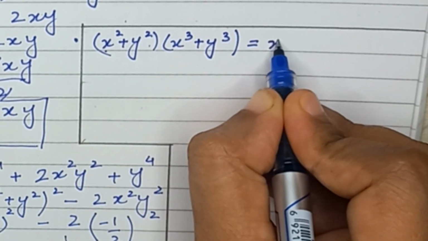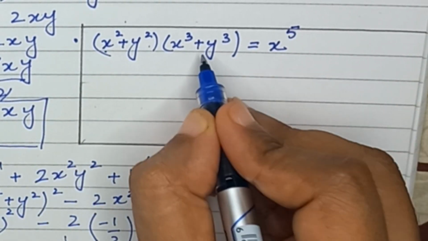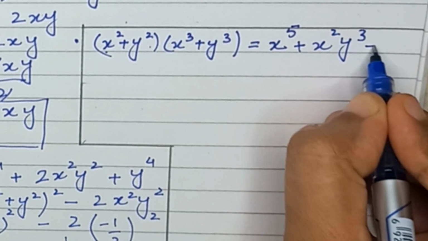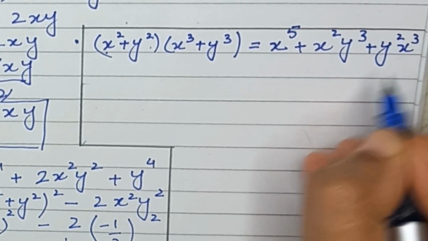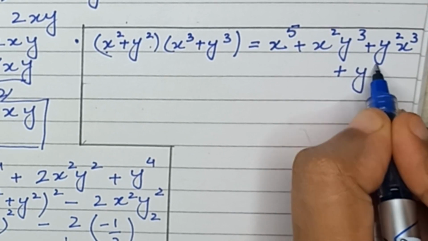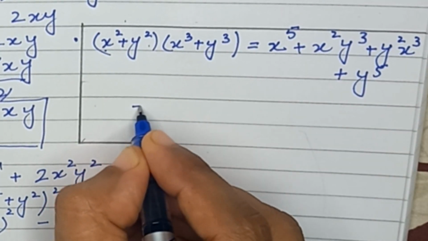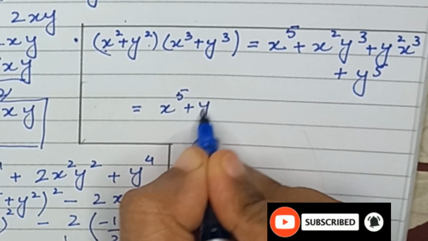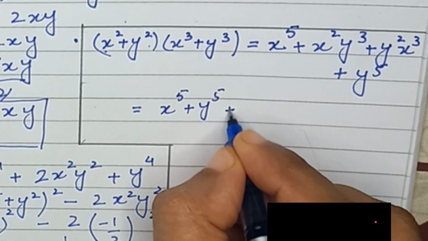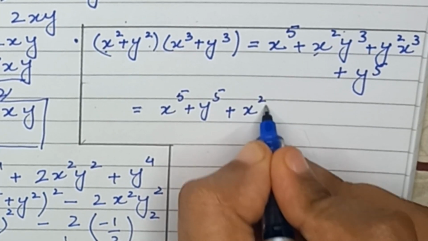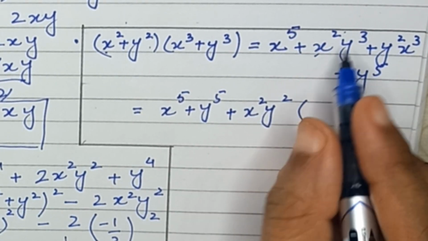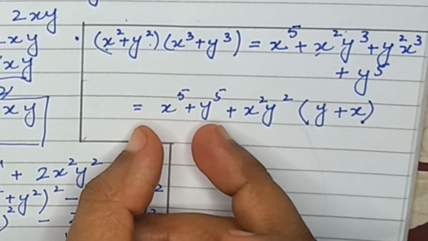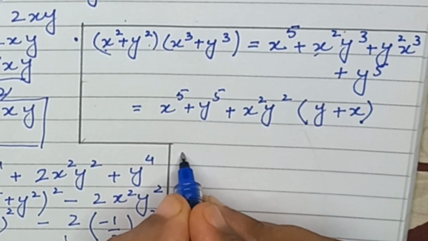X square into x cube will become x raised to the power 5 and x square will multiply with y cube, so it will become x square y cube and it will become y square x cube plus y square into y cube will become y raised to the power 5. So from here it will become x raised to the power 5 plus y raised to the power 5. From these two terms we will take common x square y square and we have this divided by this will be equal to y and this divided by this will be equal to x. So if we want to get the value of x raised to the power 5 plus y raised to the power 5,